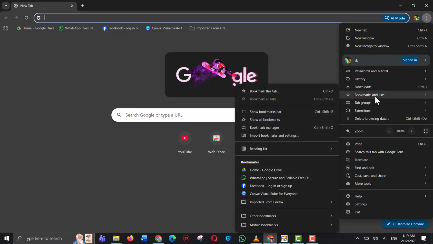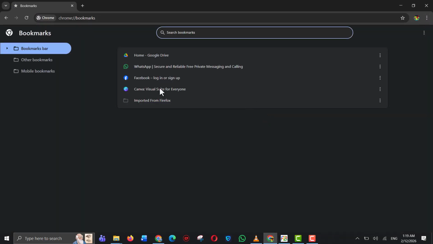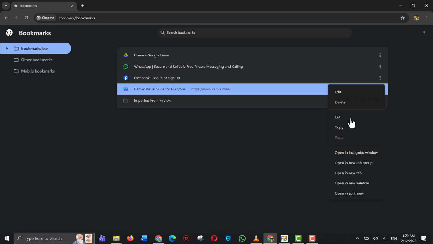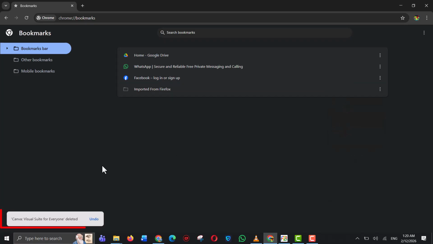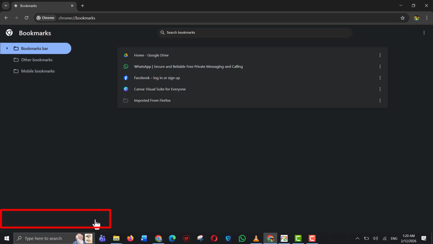Step 4. When you see the bookmark deleted message at the bottom, this notification confirms a bookmark was recently removed. Step 5. Click on the undo button next to the message. This will immediately restore the deleted bookmark back to your